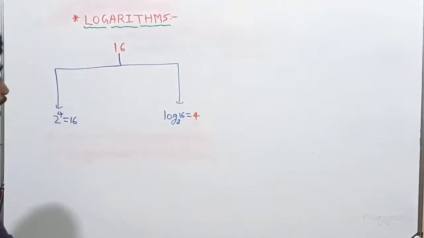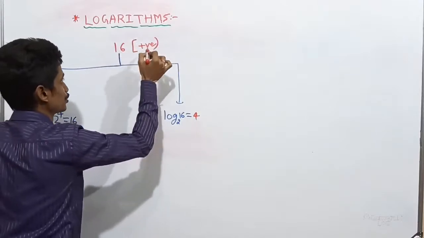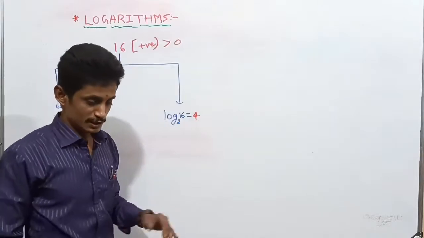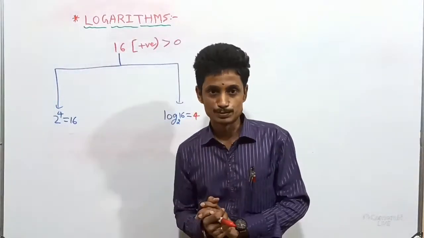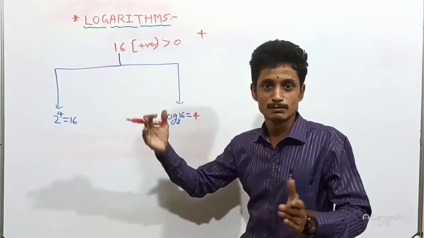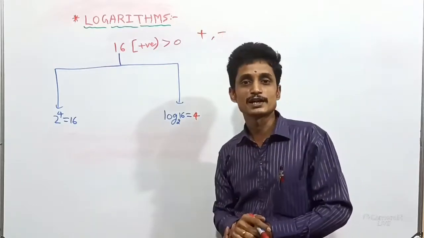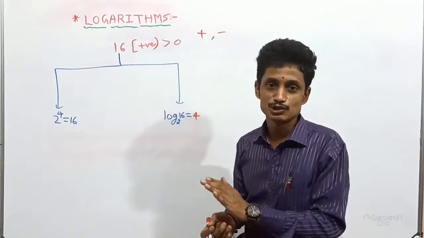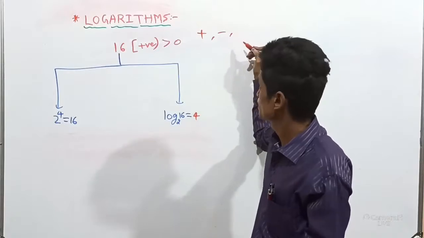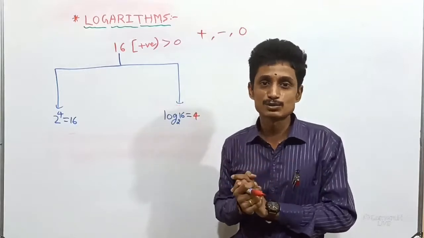So note it, always this number will be a positive quantity. Always a positive quantity. It means it is always greater than 0. Real numbers we can make into 3 groups. One is the positive group, to the right side of 0, whatever numbers are there up to infinity. And one more type of numbers we have, that is the negative quantity. We start from 0 on the left-hand side up to minus infinity. And one more is neither positive nor negative, that is called 0. 3 types of numbers we have.